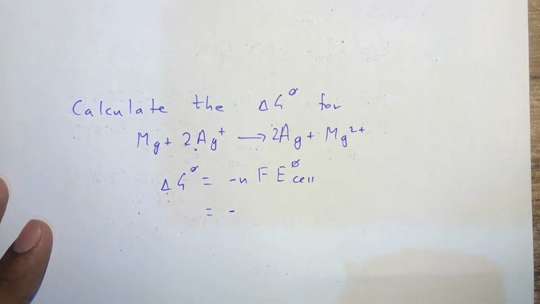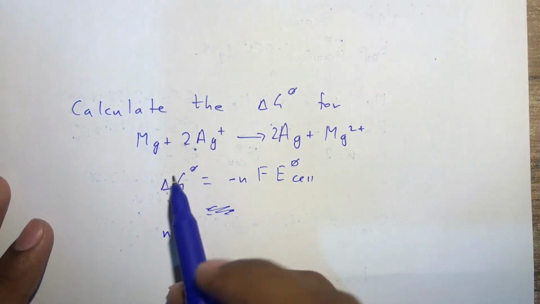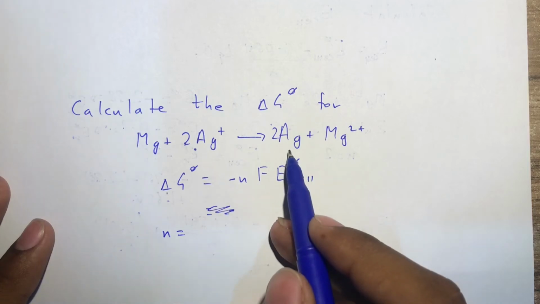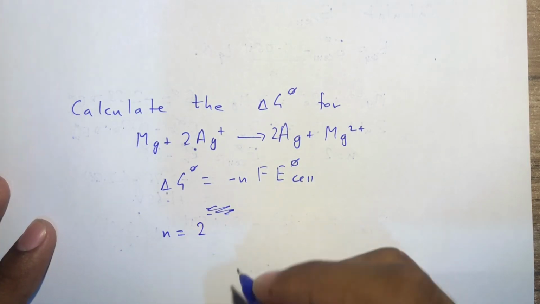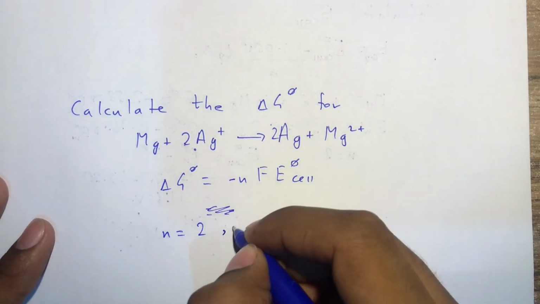Right, we need N, so we need to find N. What will N be? We can see that magnesium is losing 2 electrons, silver is gaining 2 electrons, so that means that N will be 2. You could also do this by writing the half equations and balancing the number of electrons, and through that process, this is the shortcut. Then F we know is